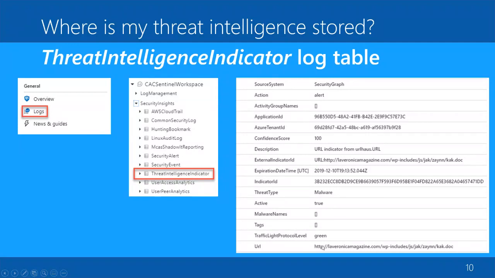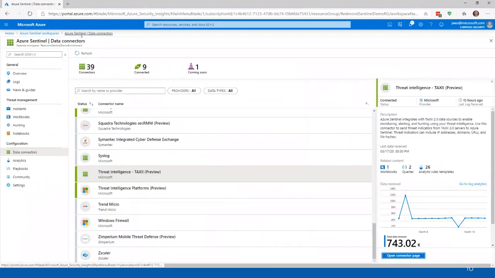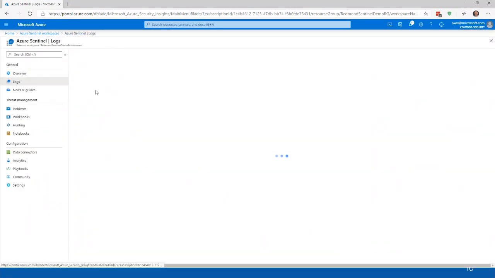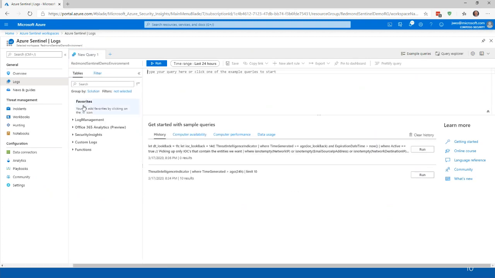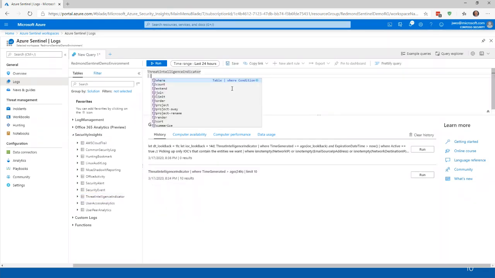The observable is down here. In this case, it's a URL, and the threat type is listed as a malware URL. And the description in this case, it came from a source called URL house. I can show in the product exactly where this stuff is, just in case it's easier to see real time. Security Insights is where we find this table, and Threat Intelligence Indicator is our table. So I can go ahead and if I wanted to look at